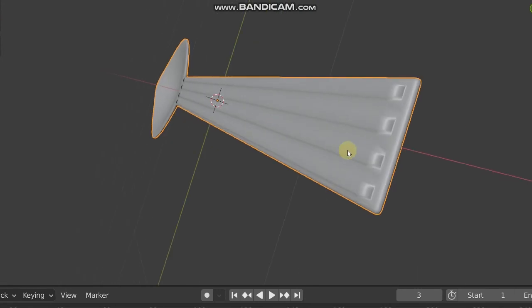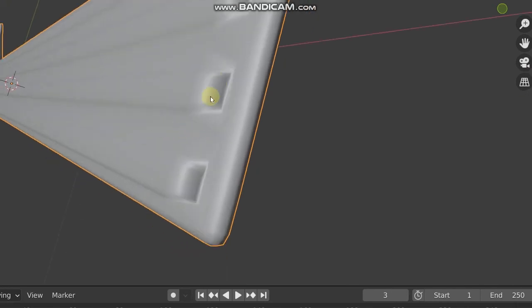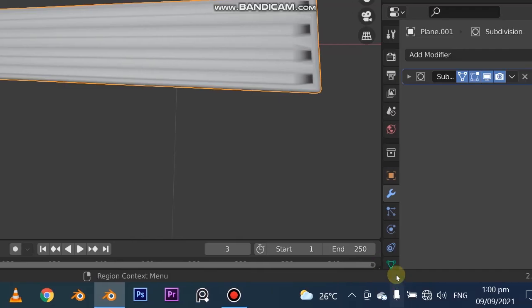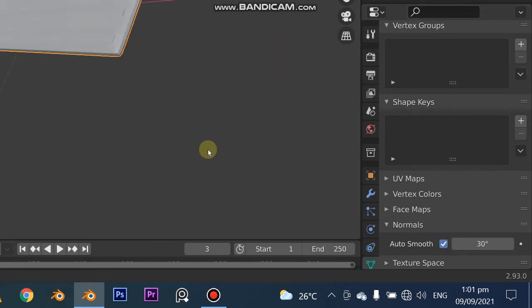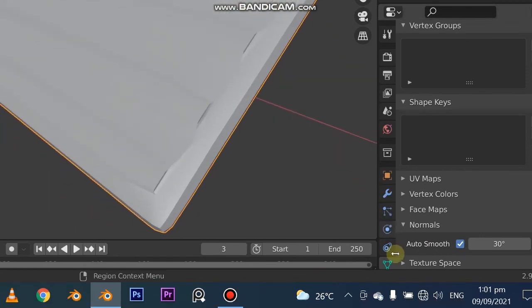And if we go to, you can actually see the pattern that we just added. So you can shade smooth. Let's see if we turn this on. Okay. No. Do we want that? Yeah, you can do that as well. Let's go to object data, auto smooth, and you're gonna have